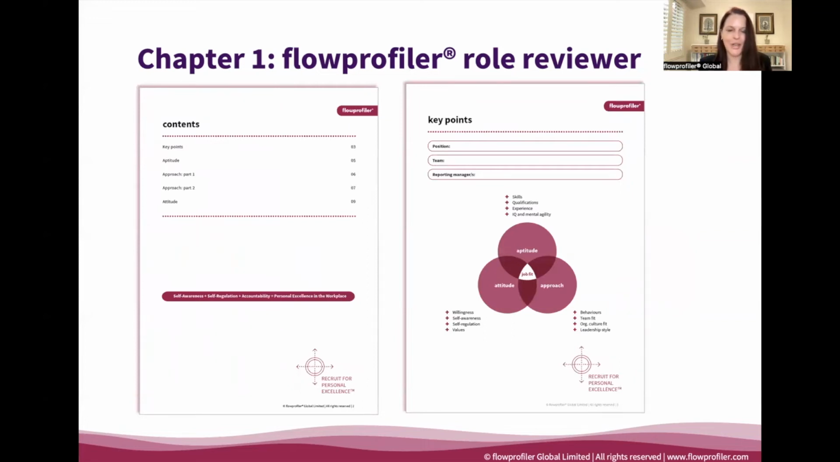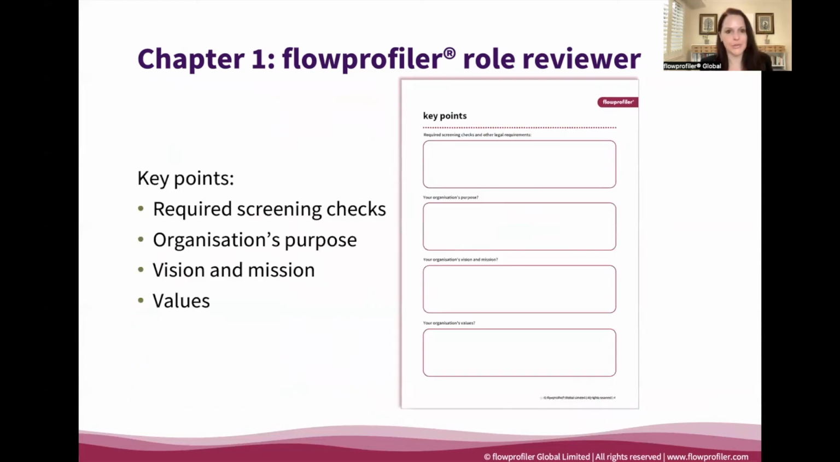So on this page, we have got the position being the job title, the team that position sits in, and any reporting managers. And that would include all the reporting managers, particularly for those of you in organizations that have a matrix, a hierarchy of matrix where one individual may report to several different managers. From here, we're very much into some additional key points around any required screening checks or legalities that you may need to consider up front, because that may be a knockout for culling a